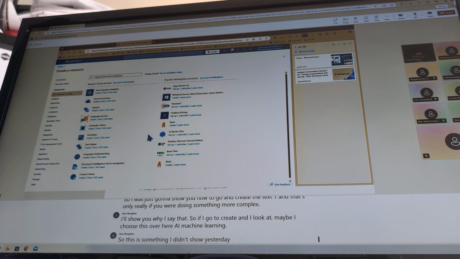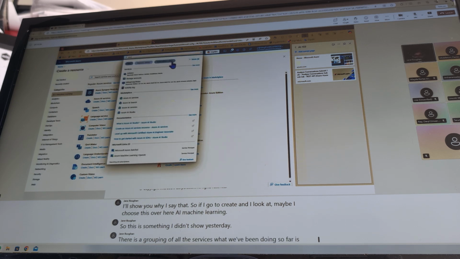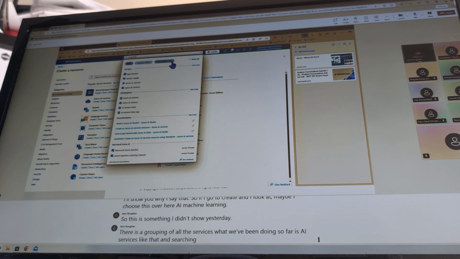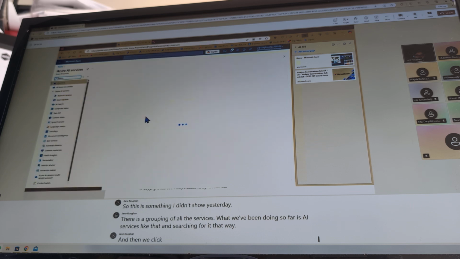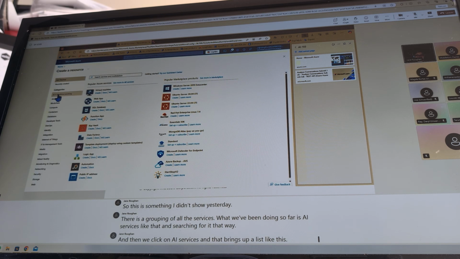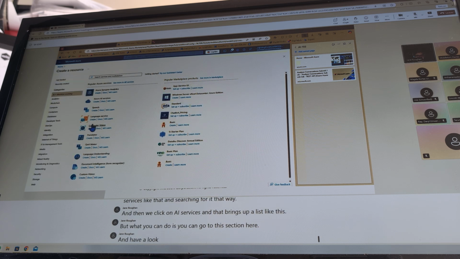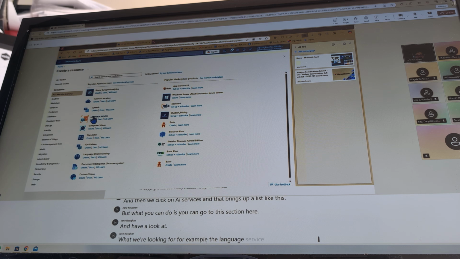This is something I didn't show you yesterday. There is a grouping of all the services. What we've been doing so far is AI services like that and searching for it that way, and then we click on AI services and that brings up a list like this. But what you can do is go to this section here and have a look at what we're looking for. For example, the language service. If I click on that one,